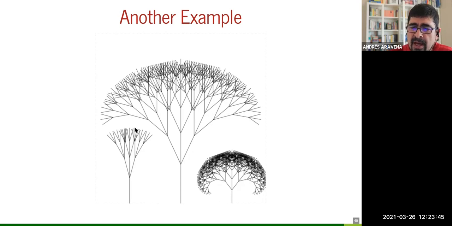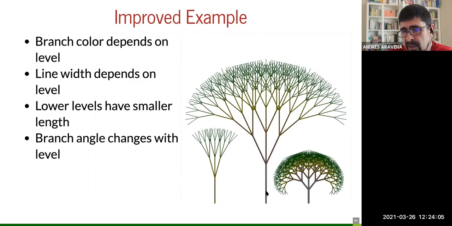And then we play with the angles and the length, and so you can have different shapes. And this is somewhat mechanical because the numbers are fixed. But if you put in a little noise, a little randomness, they look more and more realistic. In fact, I made a little extension here. In this version, I make the width of the trunk depend on the level. So this is 6 points width. This is 5. This is 4. This is 3. This is 2. And this is 1. And then I made the color change from brown to green, depending on the level also.